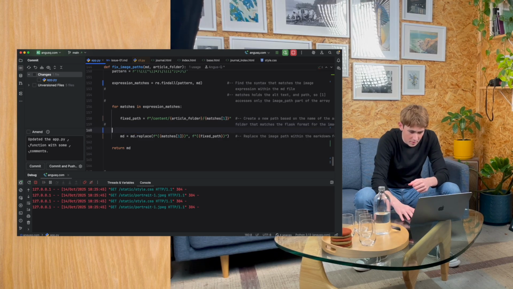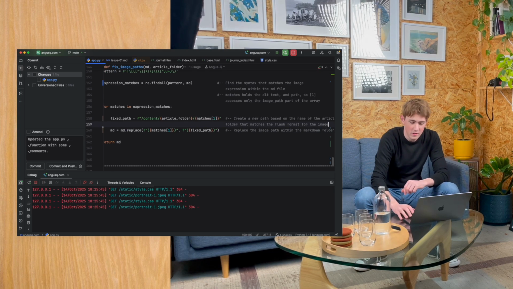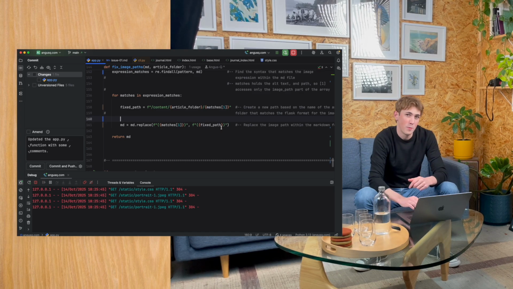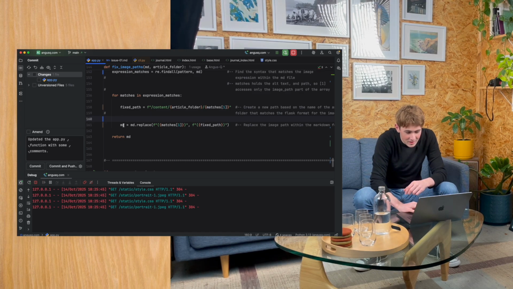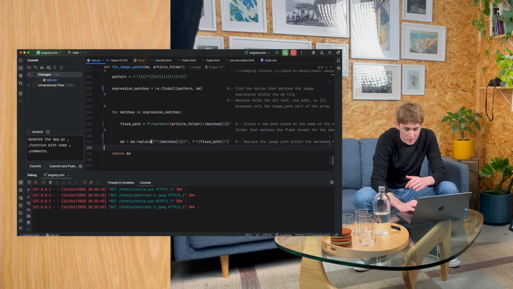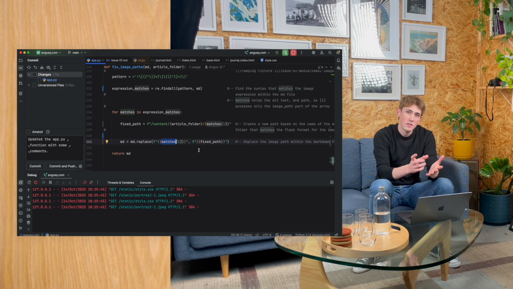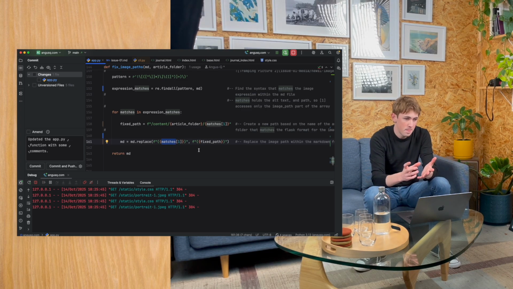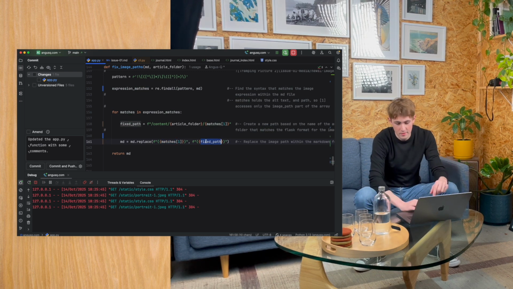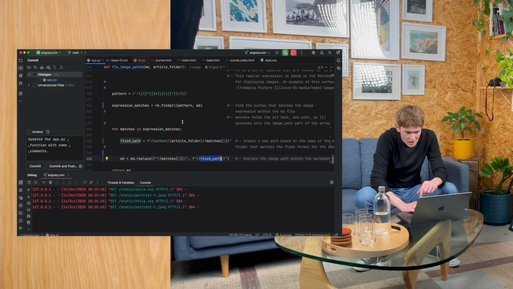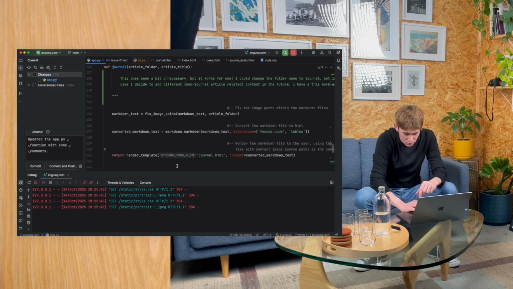This print statement's actually not needed. It's never seen by the user, but it was helpful for me for debugging. And then what I do is I replace the matches where there are image sources or image paths with the fixed path that I've created, and then that gets sent back to our